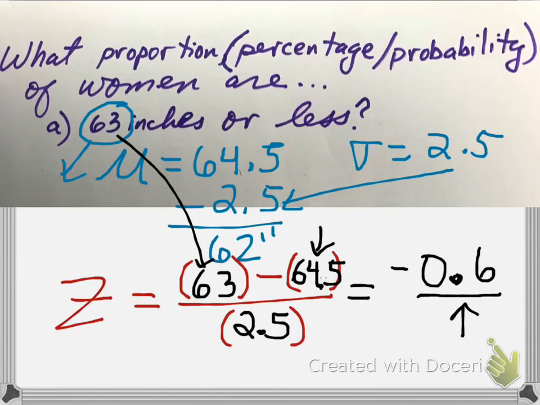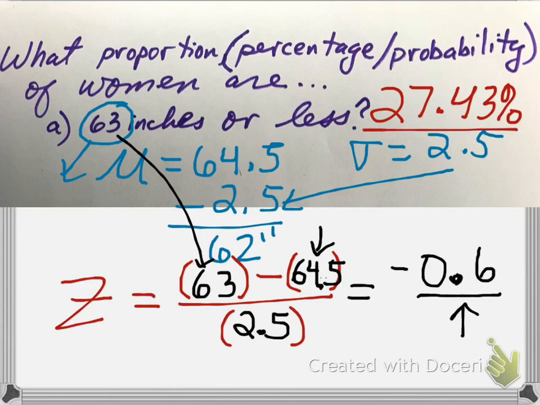The answer to this would be 27.43%. So I move the decimal over two places. Okay, now,